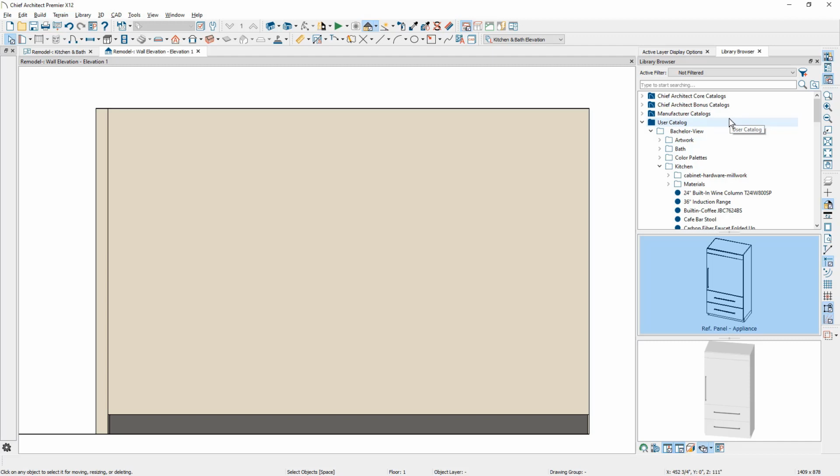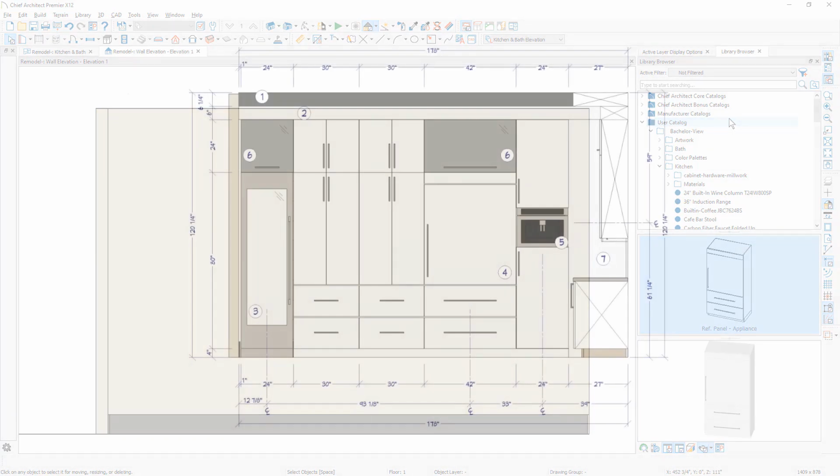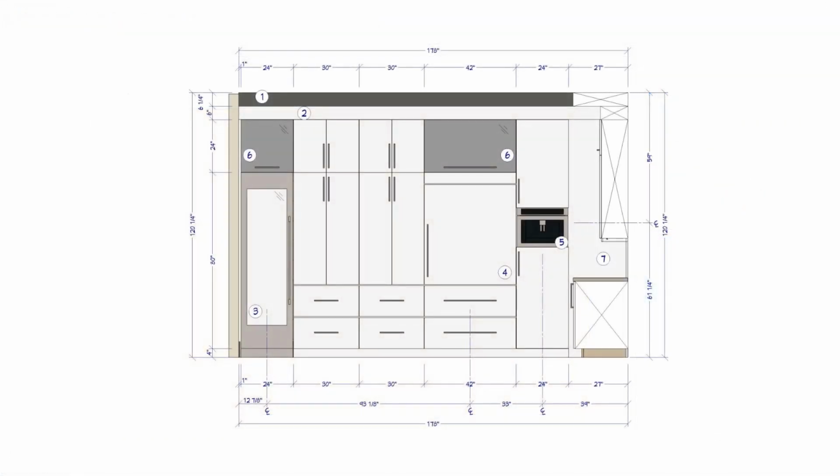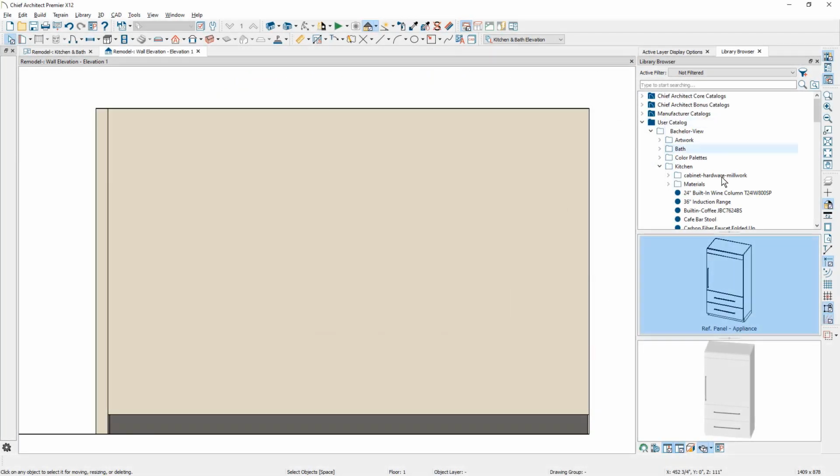objects. I'm going to begin this wall with a refrigerator, and let's open up the finished portion of this wall and take a look. I'm going to begin with the refrigerator, place a couple of cabinets, then I'll move on and place the wine cabinet and then a cabinet for the coffee station, and then the final cabinet on the far right hand side will be rotated 90 degrees and actually protrude through the wall on the other side for the mudroom access for a storage closet. Let's begin by placing the refrigerator on this wall.